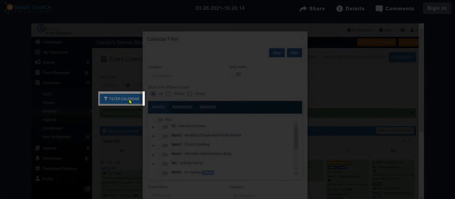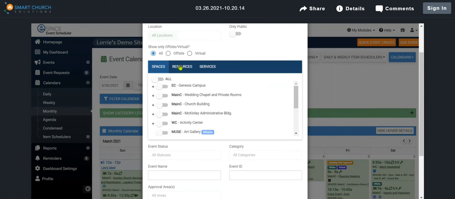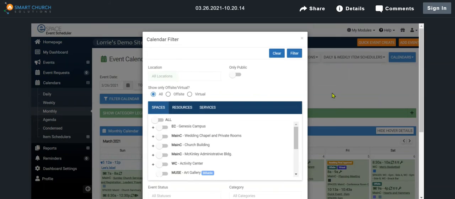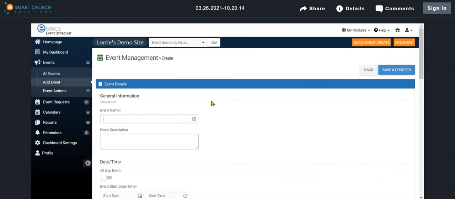And in here you can do a filter. You can filter by location. You can filter by space, resources, services, status, category, and approval area. So it's very helpful. But for right now, we're going to go ahead and just go through creating an event